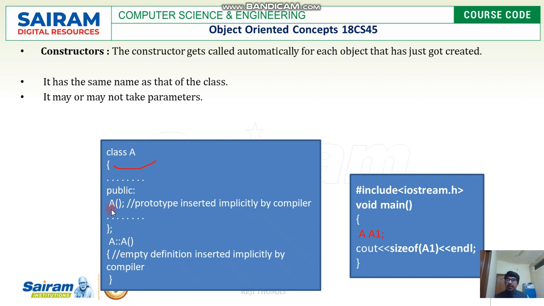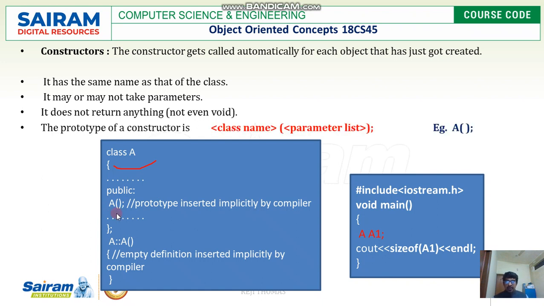and it may or may not take parameters. If you look at the brackets at this point, the constructor which is created is not taking any parameter and it does not return any value. This is another feature of a constructor: it will not return any value. Let us see the syntax for this. You have to give the class name, as you could see in the example where A is the class name. Then you have to give the parameters, if any. This is an example of that, written in the program.